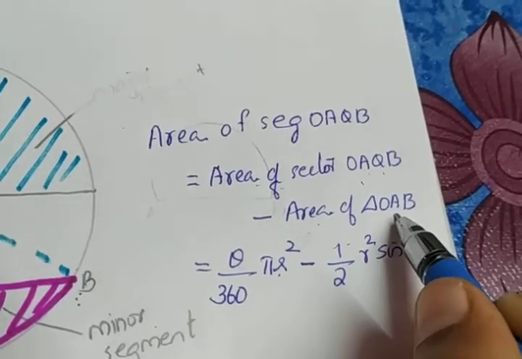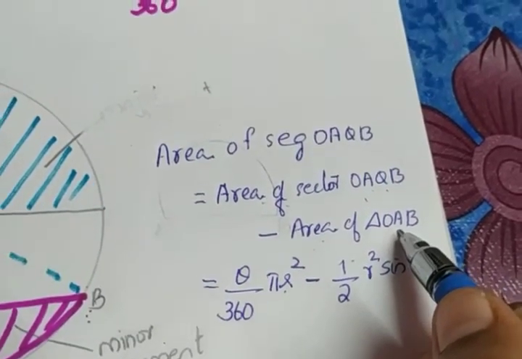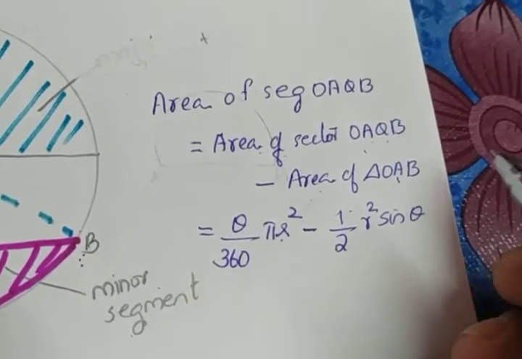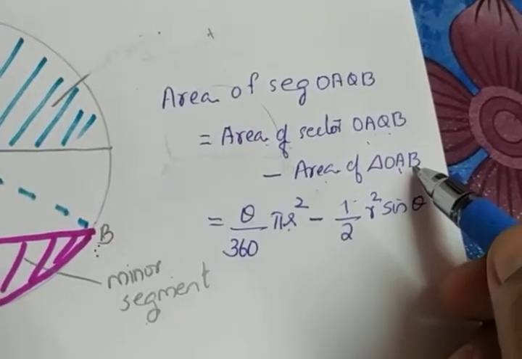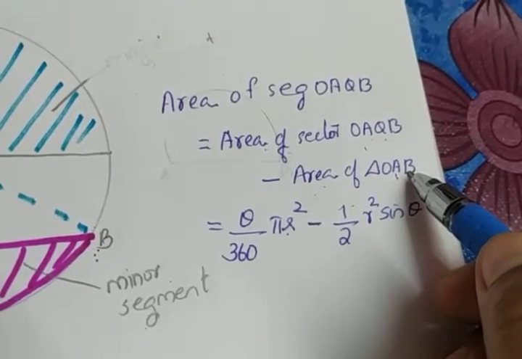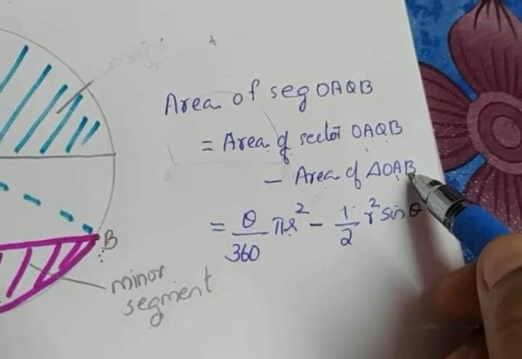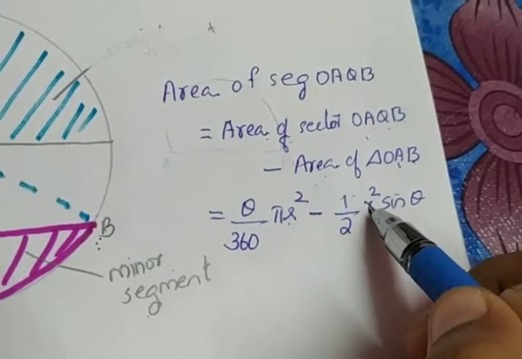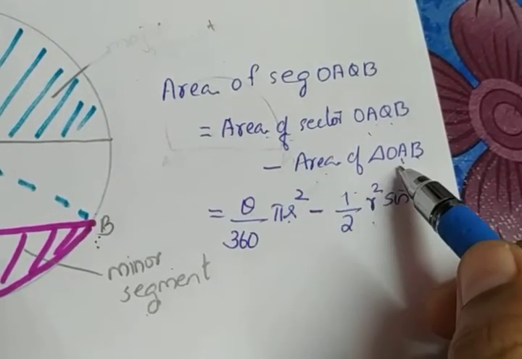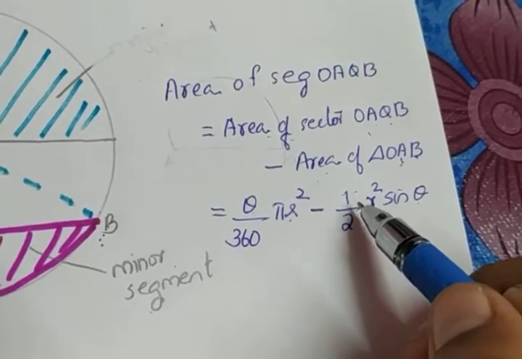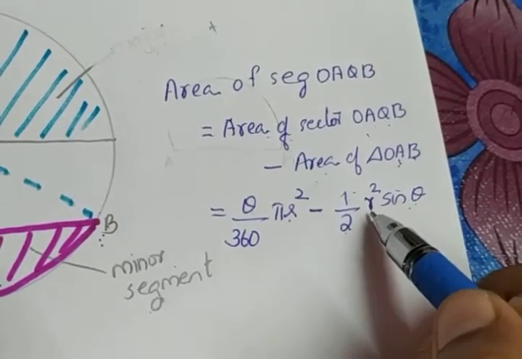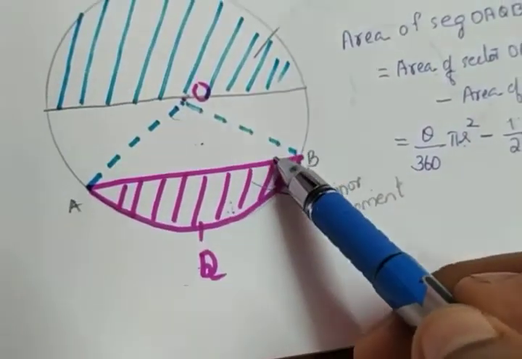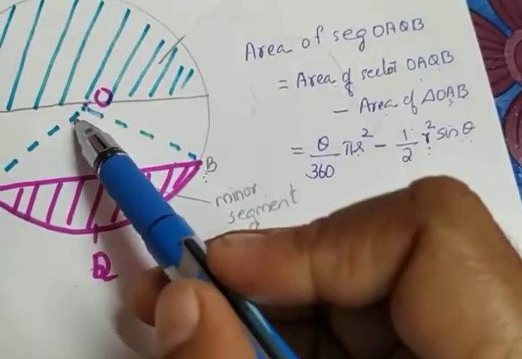Area of triangle AOB, we have different formulas. We can apply half base into height, we can apply square root of s into s minus a into s minus b into s minus c. Though Heron's formula is not possible here, we are able to find the area using half base into height. But it is easy for all the questions to apply this formula. So memorize this formula also: to find the area of the triangle if theta is given, the formula is half into r square into sine theta. r is the radius of the circle in which the sides of the triangle act as a radius, and theta is the angle formed between the two radii.